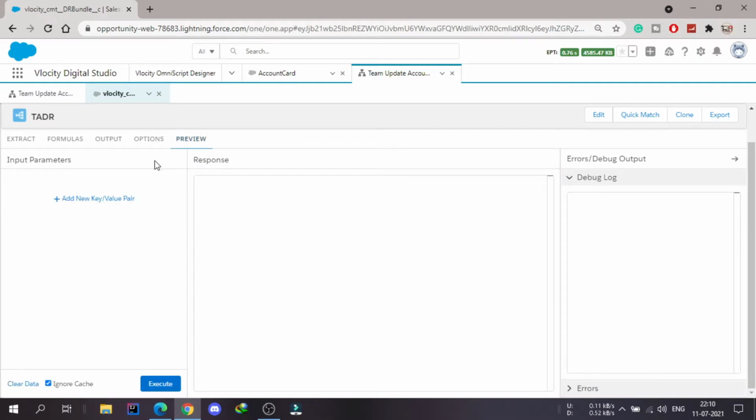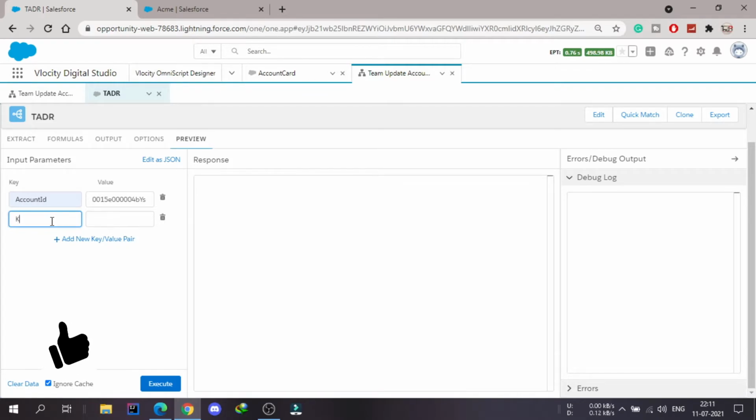So let's edit this as parameter. So one thing is the account ID. So we need to set the account ID value as the account ID value. And the second thing is key. And the value we will pass it as A for now. So suppose the A is the value what user has typed.